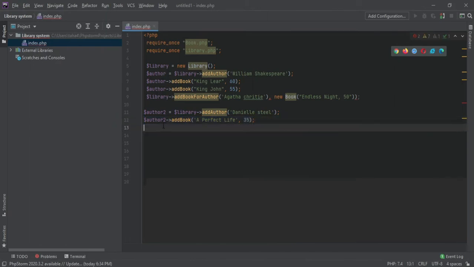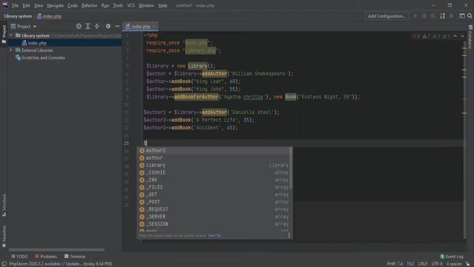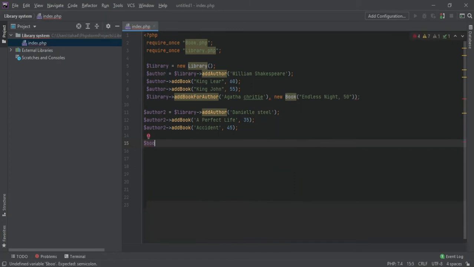Another book I want to add, I'm going to be going with Accident, and the price for this book is 45, let's say. Now I've added the two authors. Now I'm going to be calling this book